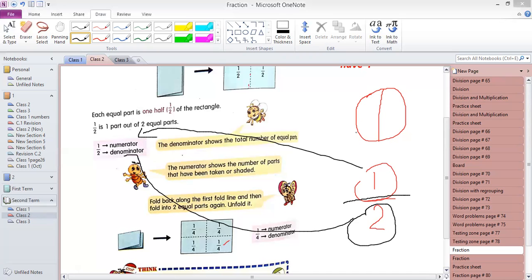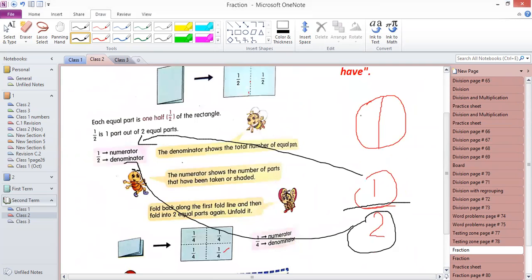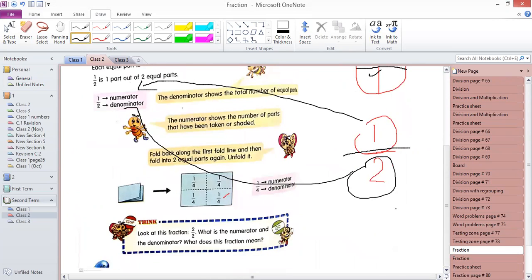Okay, now let's discuss numerator. Numerator is the number of parts from the whole that we are interested in. Let's suppose there are 4 parts, and this is a pizza. If I say that I want to eat 3 parts out of 4 parts, so I want to eat actually 3/4 of the pizza.